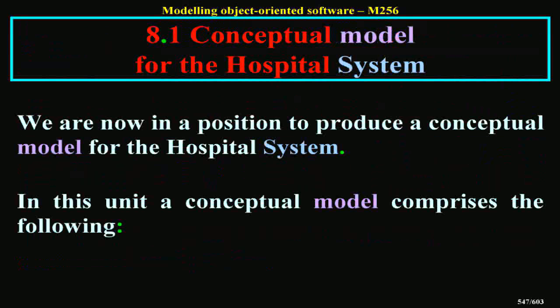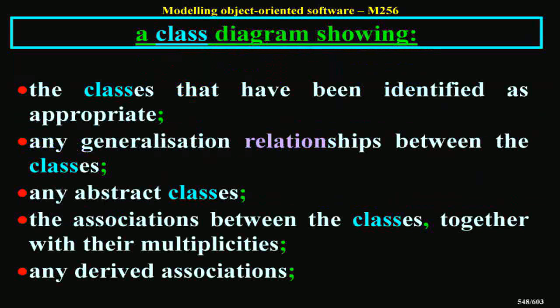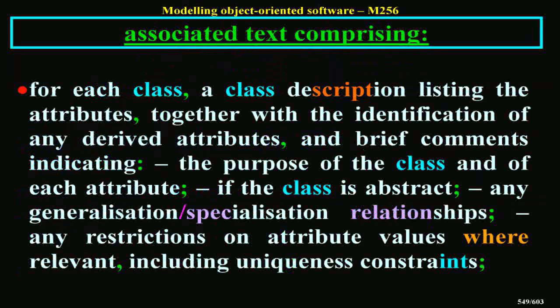Conceptual models. 8.1 Conceptual model for the hospital system. We are now in a position to produce a conceptual model for the hospital system. In this unit, a conceptual model comprises the following. A class diagram showing the classes that have been identified as appropriate, any generalization relationships between the classes, any abstract classes, the associations between the classes together with their multiplicities, any derived associations, associated text comprising, for each class, a